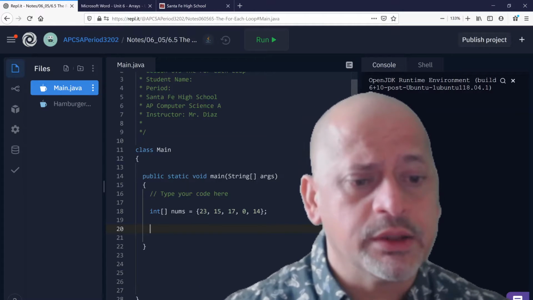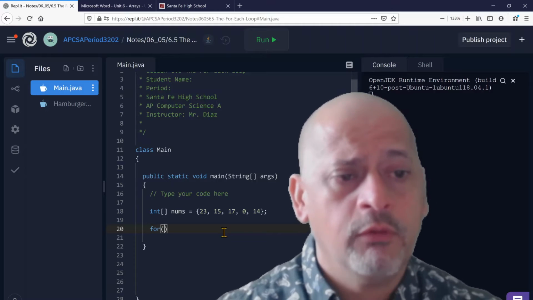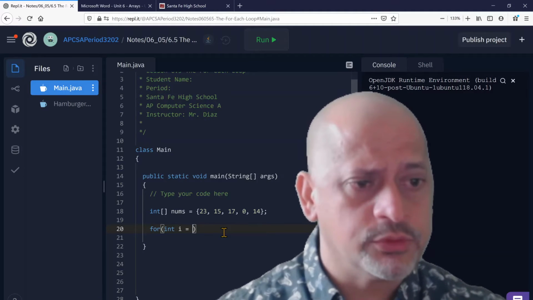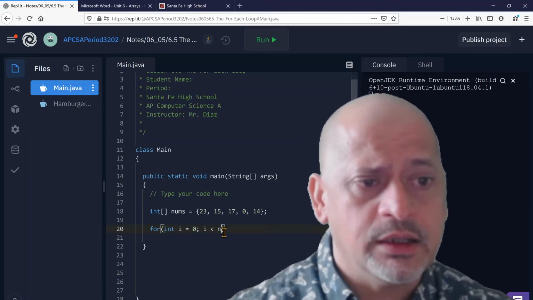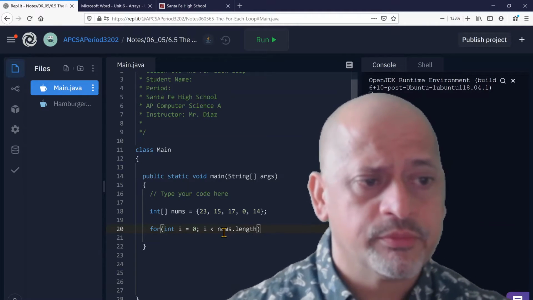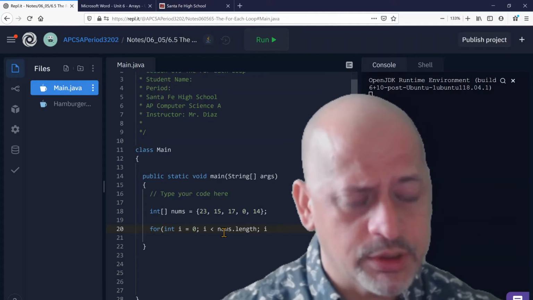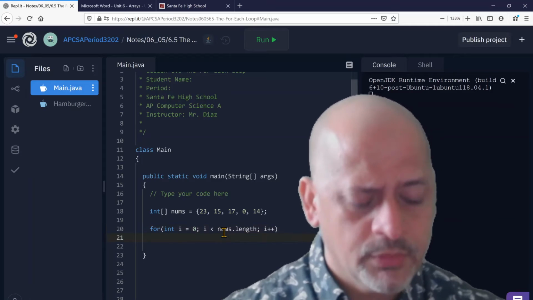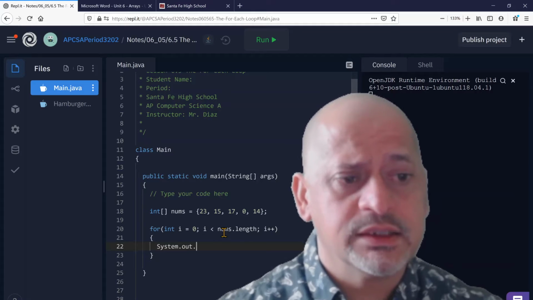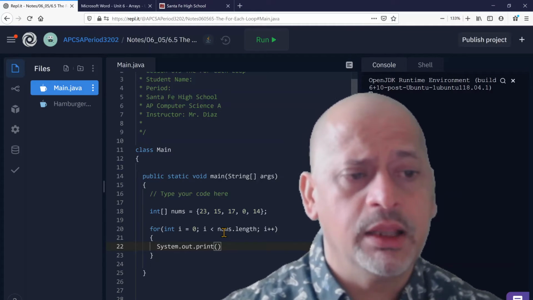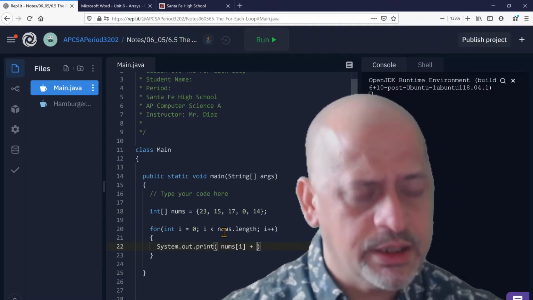And we know that in order to be able to print it, we need to do a for loop: for int i equal to 0, while i is less than nums.length, and no parentheses because this is a variable, i++. And we know that we need to print each of the elements. We can access each of the elements by calling nums and then bracket the index i, and let's place a